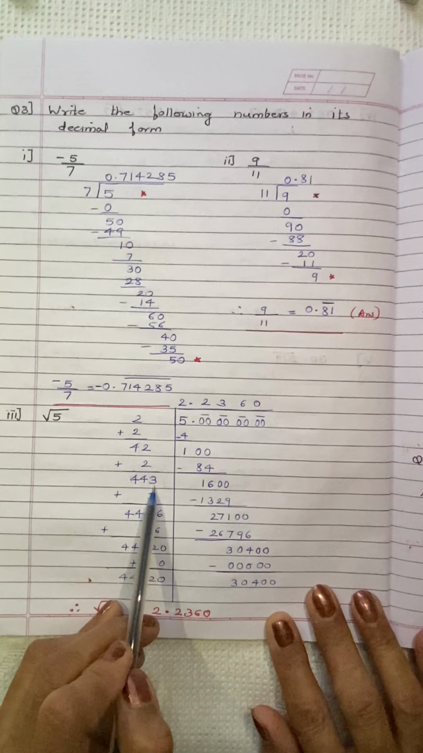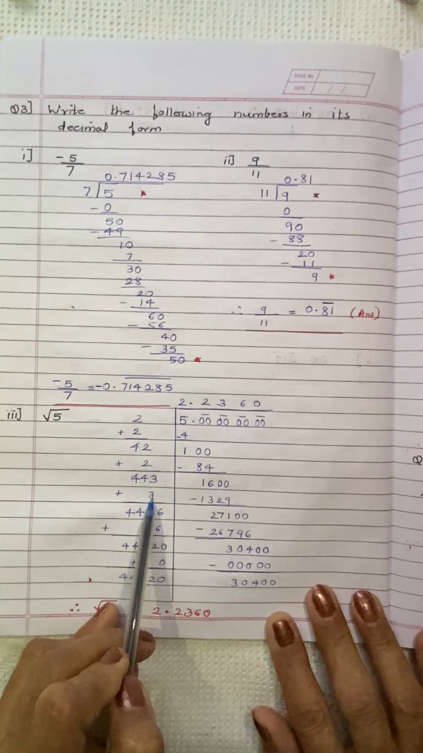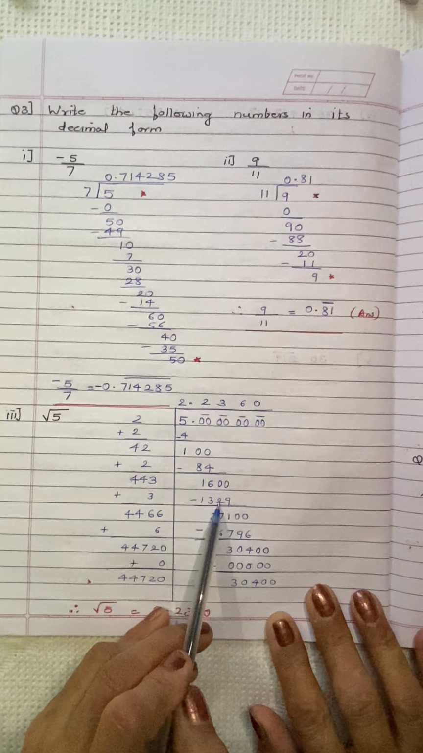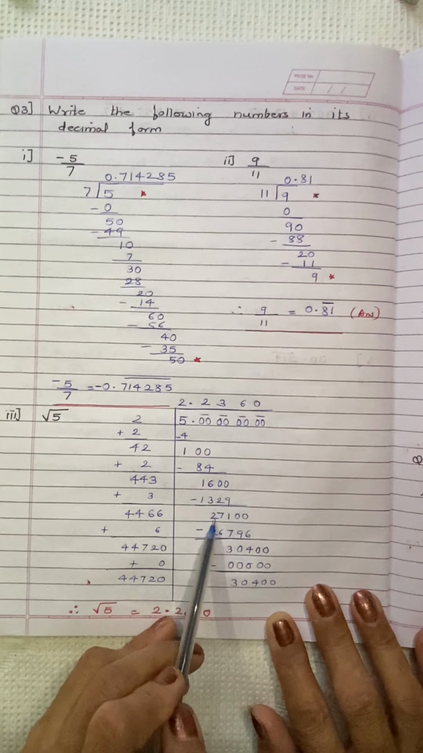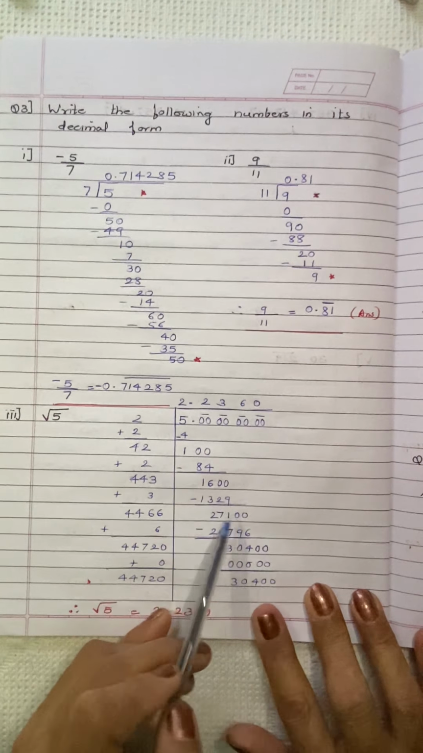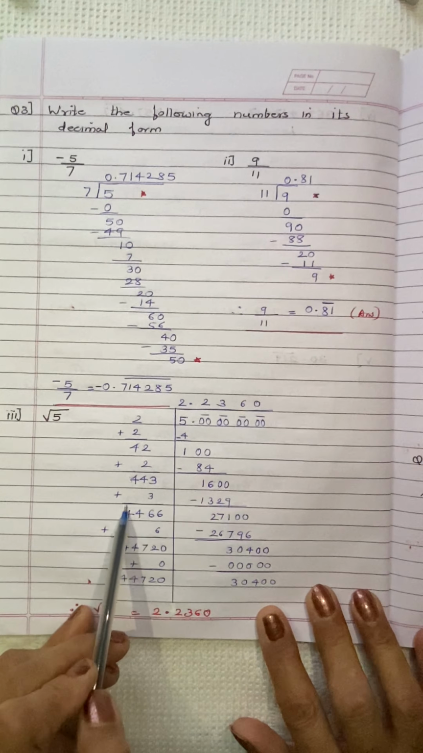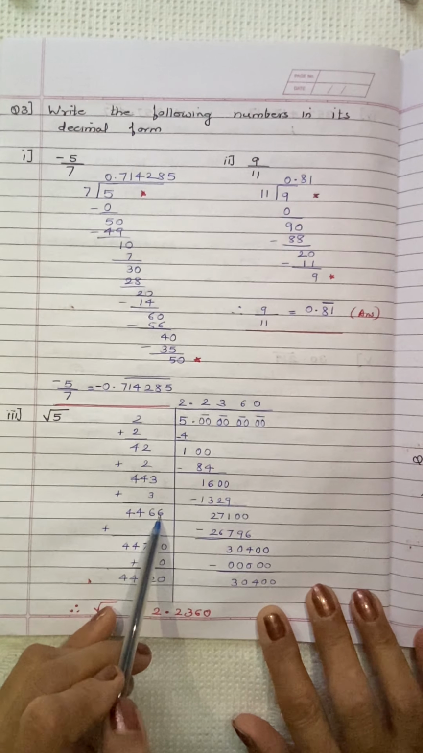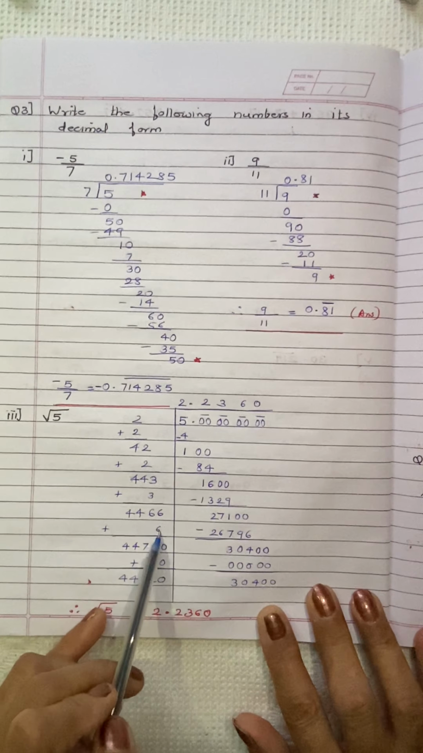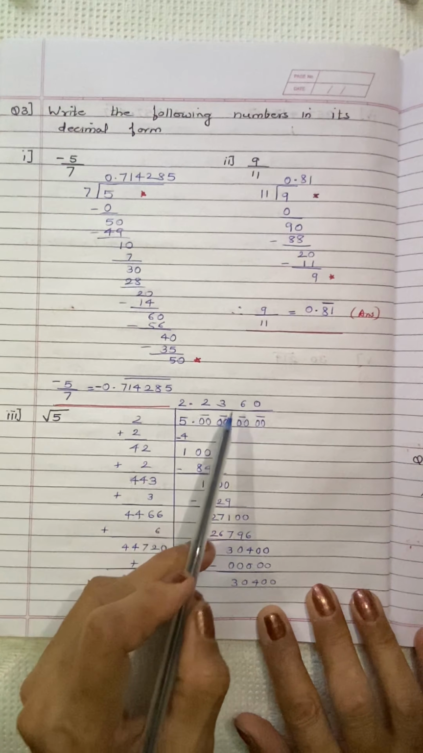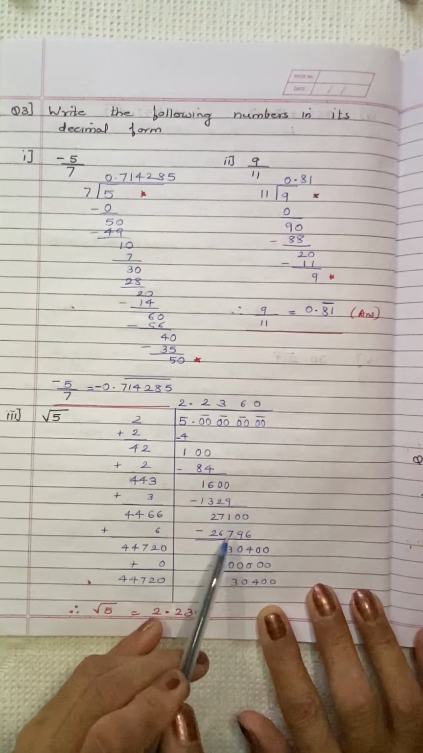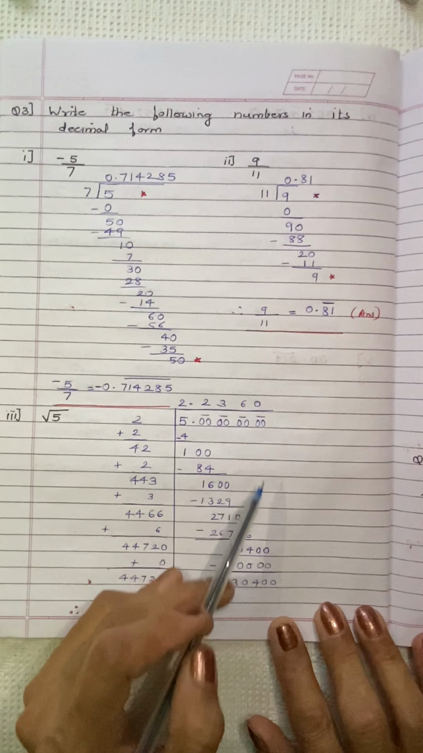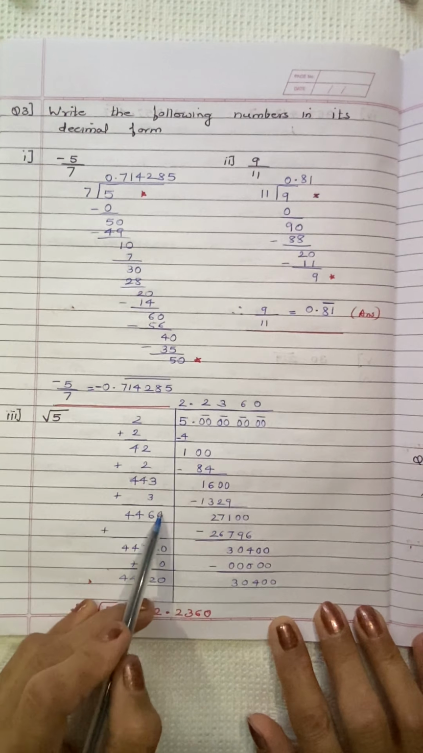So 443, look at the unit space, we will multiply it by 3. So 443 multiplied by 3, we get 1329. After subtracting, we get 271. Bring down another pair of 0, and that 3 which we have taken, we'll add this 3 here, so it becomes 446. And now again to calculate further, we'll multiply 446 by 6. So 446 times 6 we get 2676. When we subtract, we get 304, and bring down the last pair 00, and here we'll add 6,